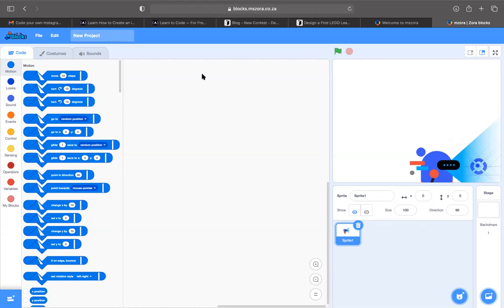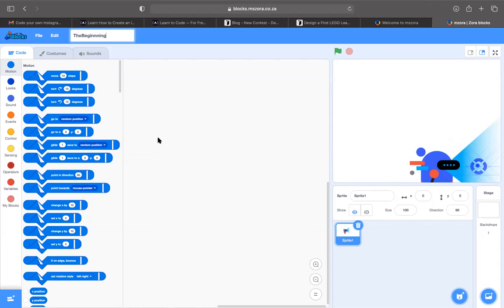All right, so first thing is that we have this new project here. This is where you can give your project a name. And I'm going to give our project a new name and say maybe the beginning. All right. And that is the name that is going to be used to save our project. It's going to be called the beginning.